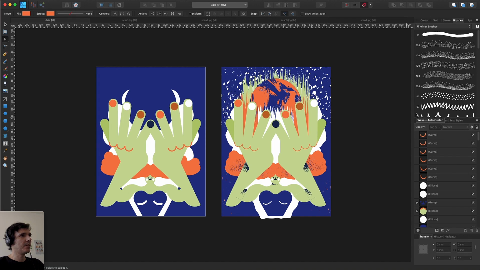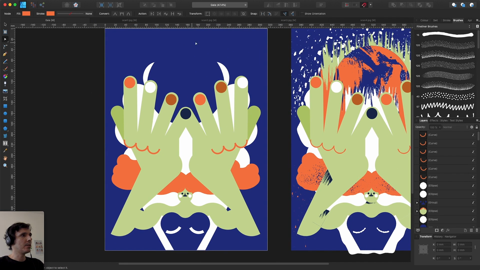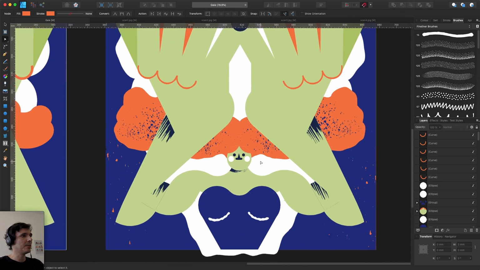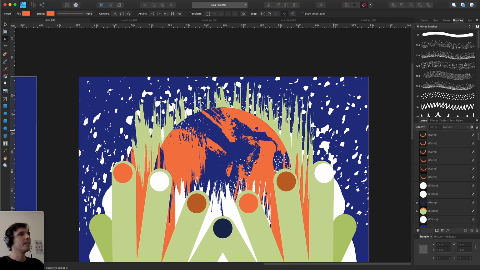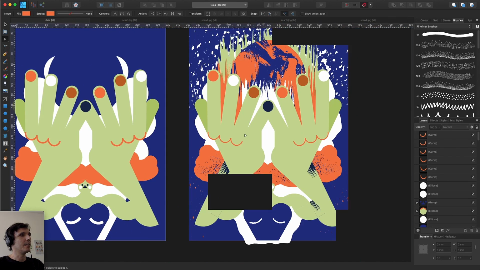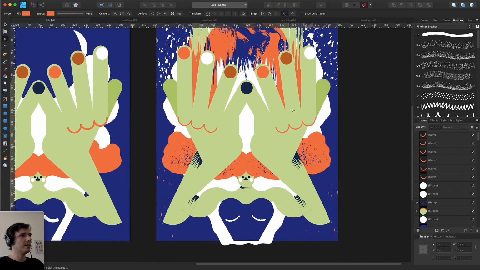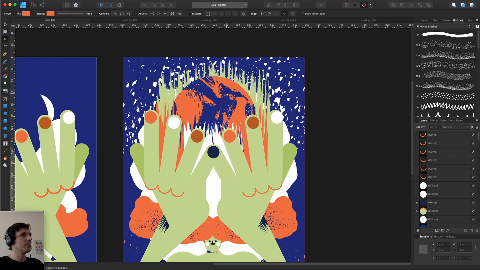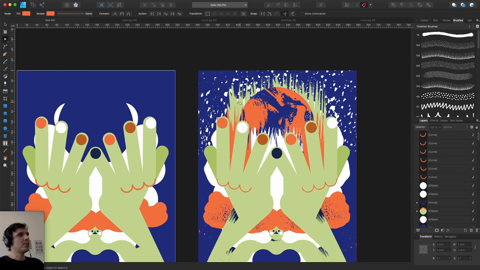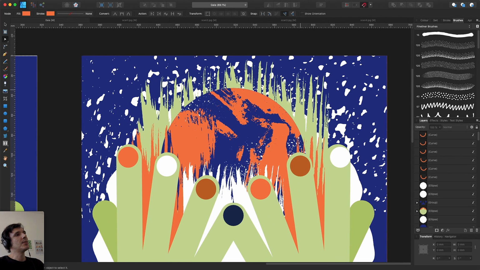So welcome to my Affinity Designer screen. As I mentioned before, we are going to work on a vector design illustration and turn it into something much more appealing and with much more detail and strokes and these splatters. Give it some depth also and turn it into something much more interesting graphically. So let's do this. So the first step is to actually create these strokes and these